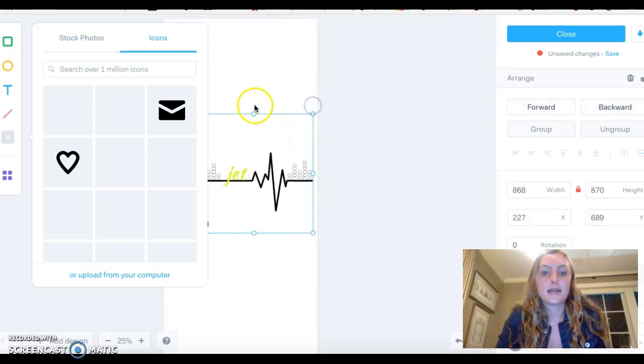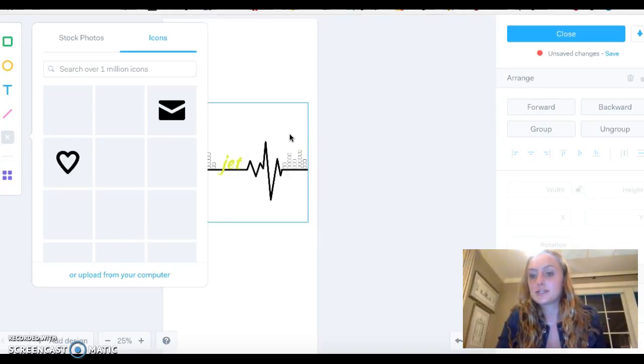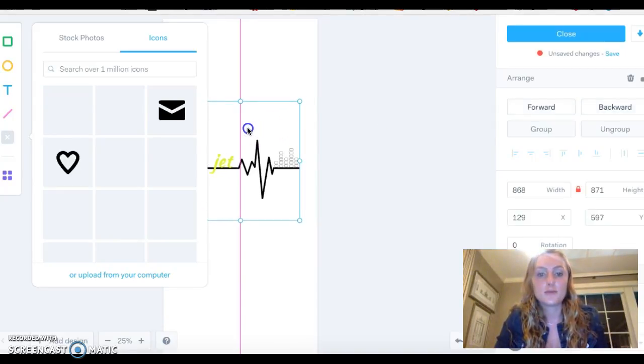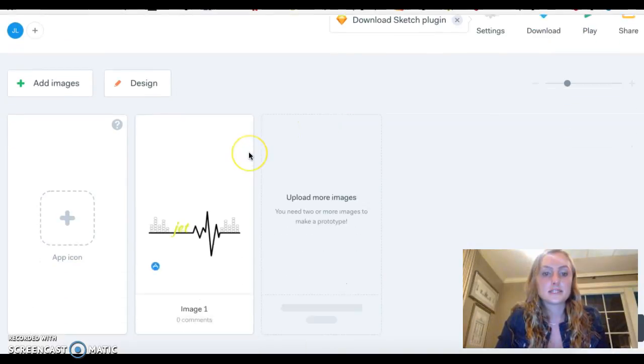So this is my own little design that I made for my app. So I can use it as the very homepage beginning, to just illustrate to users what exactly the Jet app is and what I've created for it to look like. Close, and that's my first